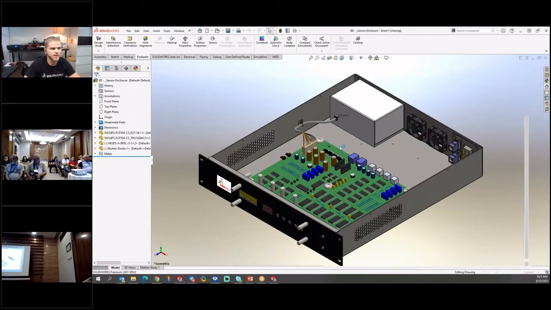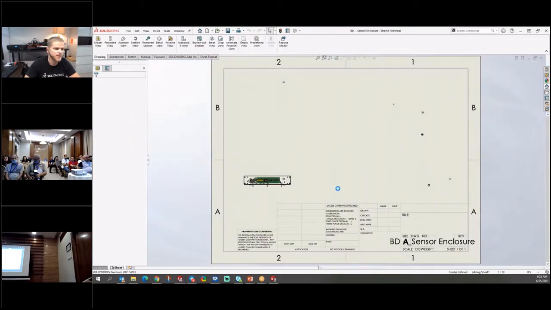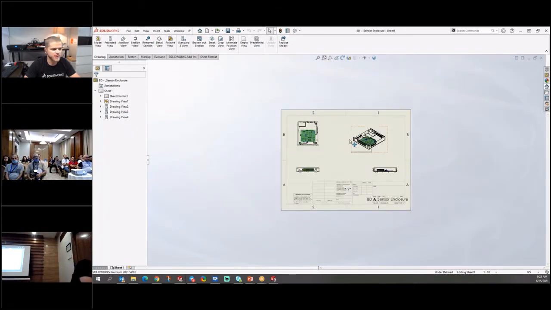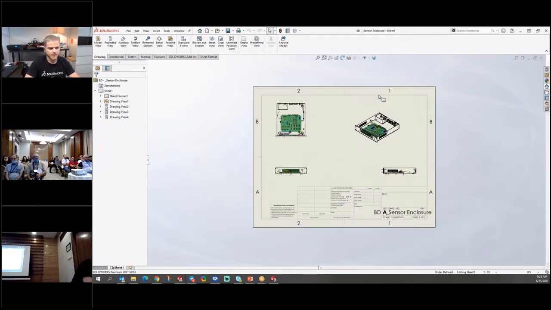I'm going to take this same file and do what we did before, make drawing from part, and we're going to drop this file directly onto a drawing here. Okay, just letting this process for a second. All right, so we've got our drawing created. And if I took this drawing and then printed it,